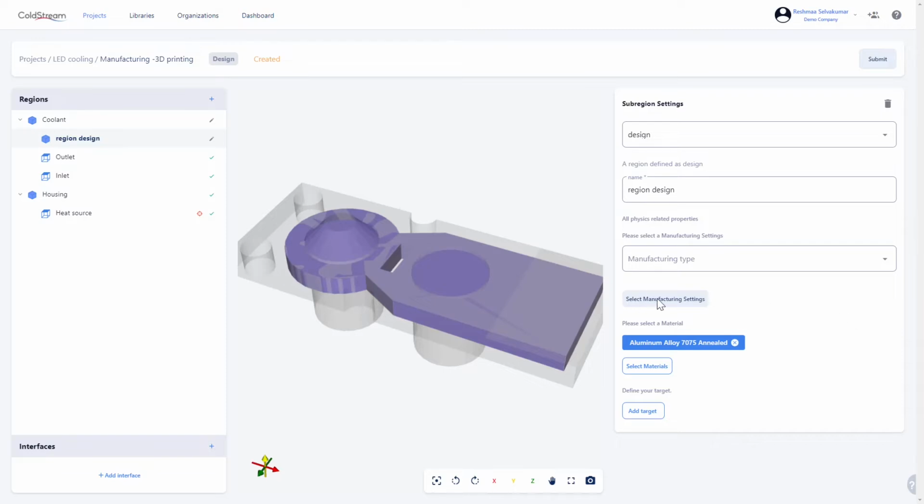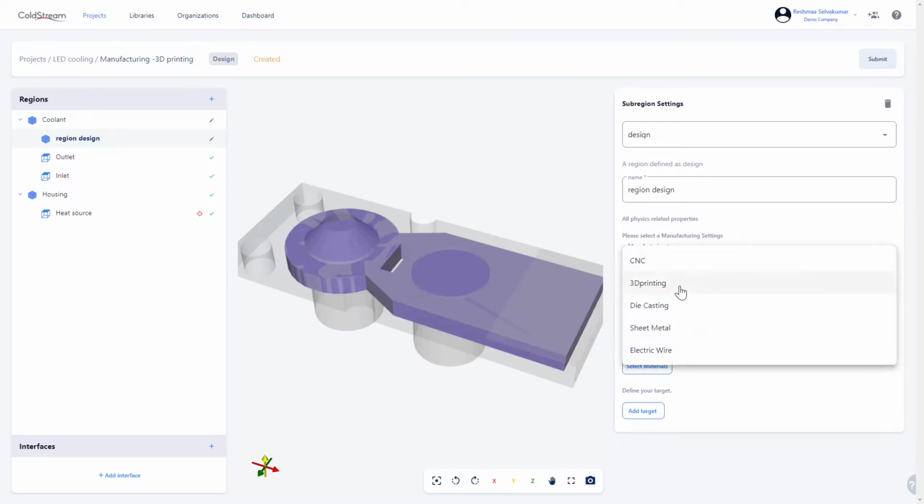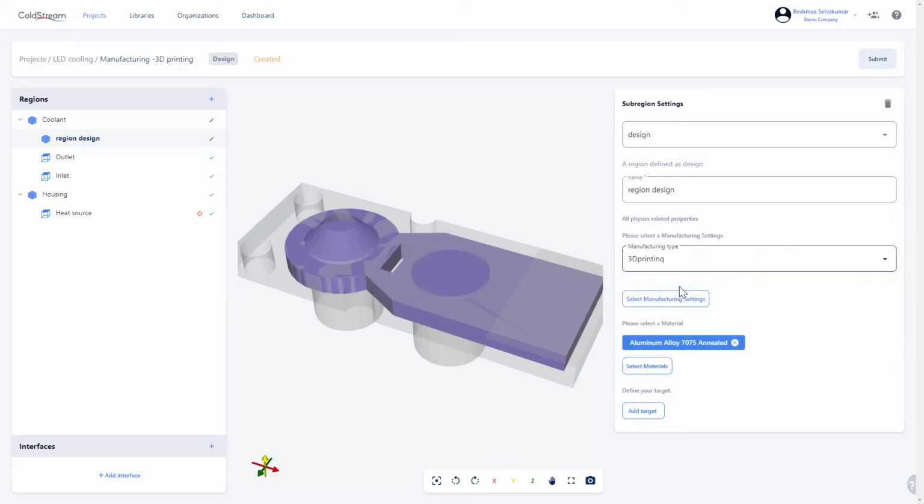As you can see, I've removed the CNC setting over here, and now I will choose the 3D printing settings. So I will choose the manufacturing type, which is 3D printing now, and I will select the relevant manufacturing settings